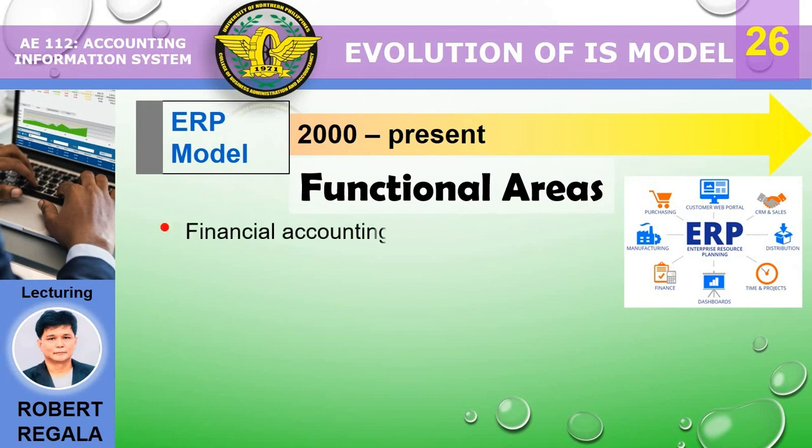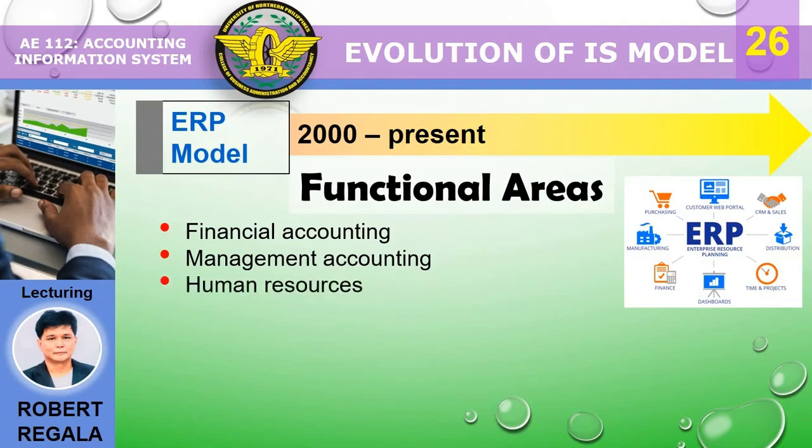Financial accounting, general ledger, fixed assets, payables including vouchering, matching and payment, receivables, and collections, cash management, financial consolidation, management accounting, budgeting, costing, cost management, activity-based costing, human resources, recruiting, training, rostering, payroll, benefits, retirement and pension plans, diversity management, retirement, separation,